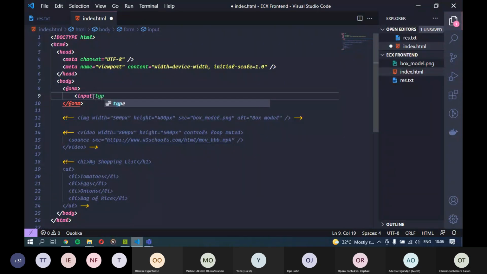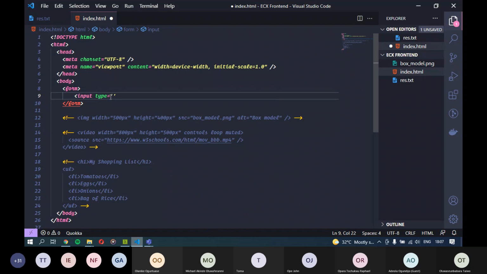Now, all of them are input. So if you want to get a number from the person that is using your website, you need an input. If you want to get a range of values, you need an input. If you want to get regular text, you need an input. If you want to get a true or false kind of thing, like are you above 18 or below 18, you use an input too. So how do you specify between those different types? You specify with the type attribute. The type attribute specifies what type of input we want.